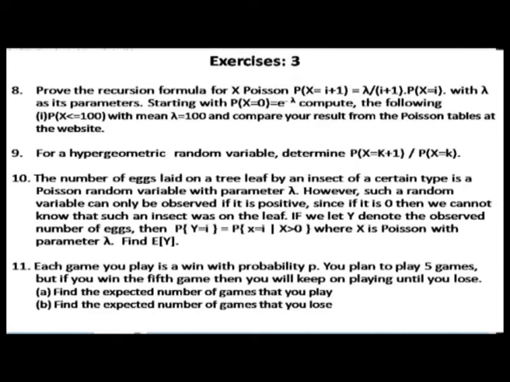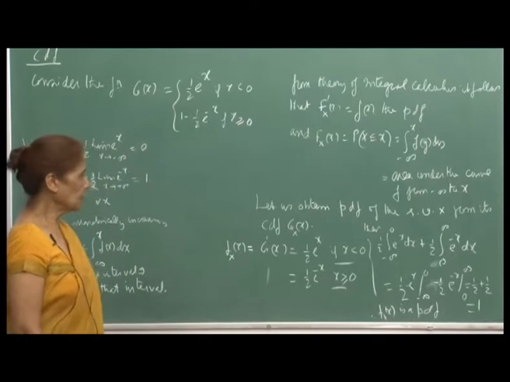Question 11, each game you play is a win with probability p. You plan to play 5 games, but if you win the 5th game, then you will keep on playing until you lose. So, here the negative binomial would be used. Find the expected number of games that you play, and find the expected number of games that you lose. Okay, so, I hope you enjoy doing this exercise. I will continue with